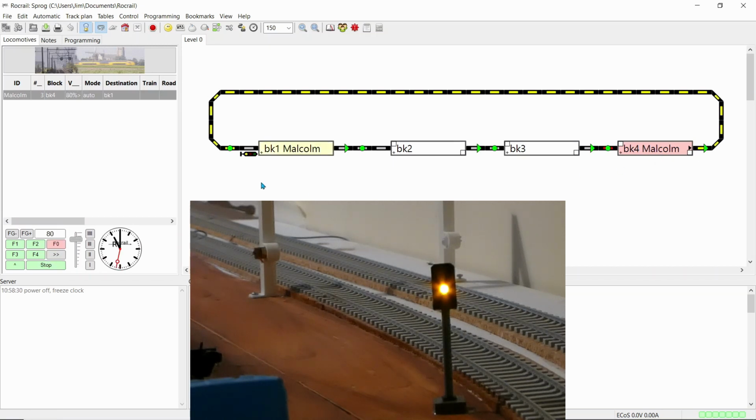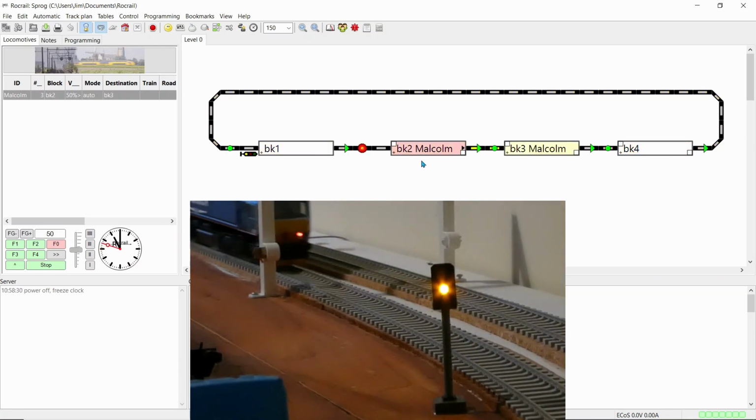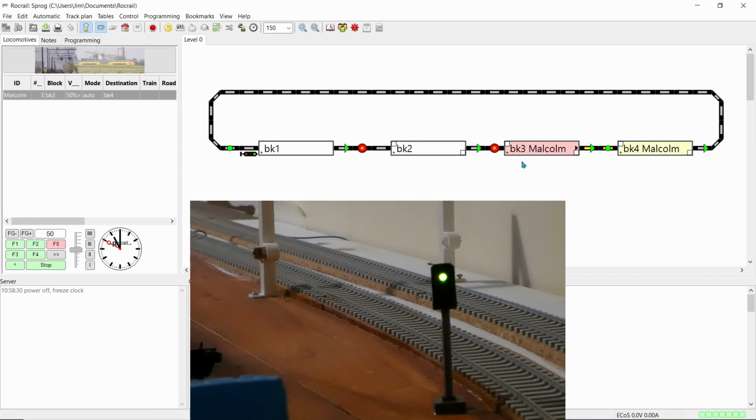It goes to yellow. I go to block 1. It should go to red. There's a slight timing error with the LED or the position of it. So it goes to red. I'll go to yellow with block 2, block 3 I'll go to green. Now it's block 4, it stays in green this time in the second lap.